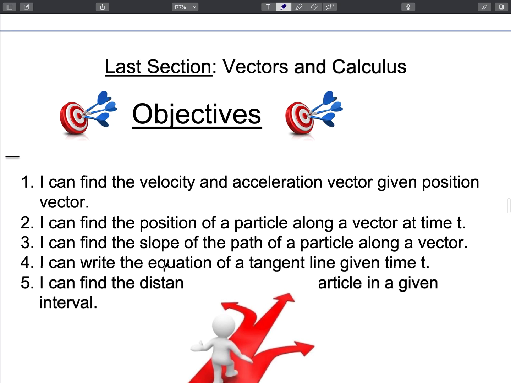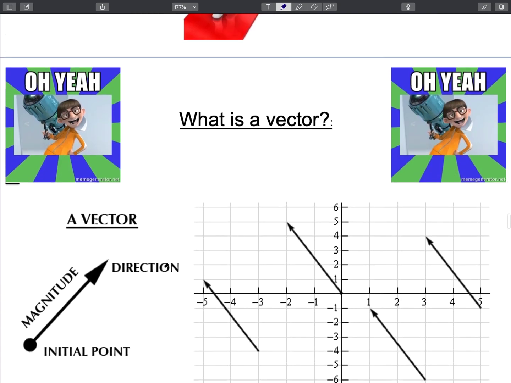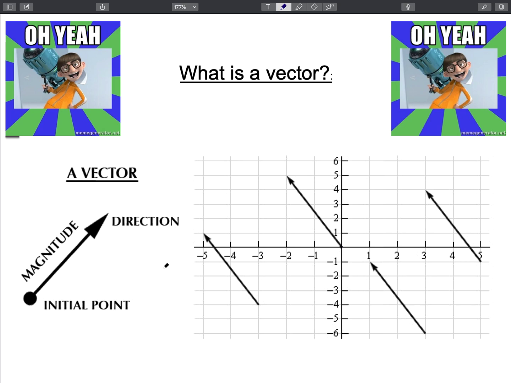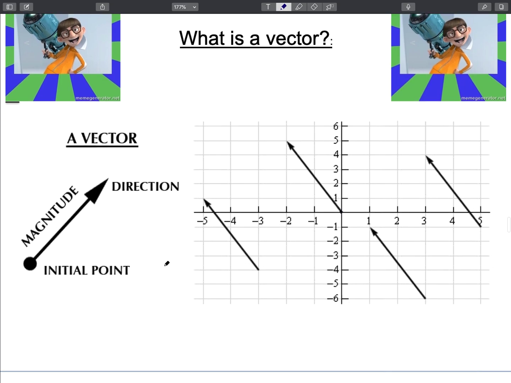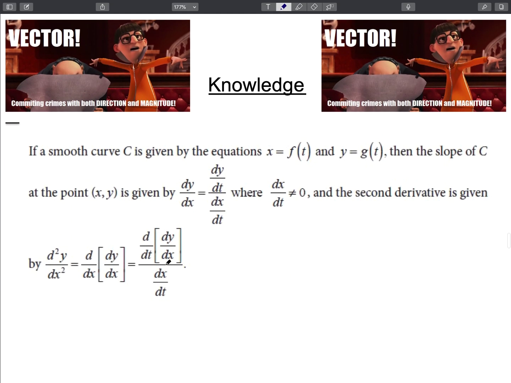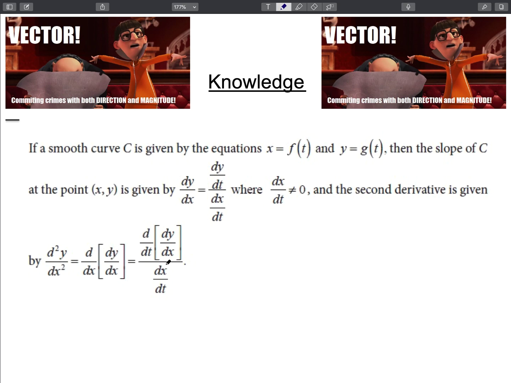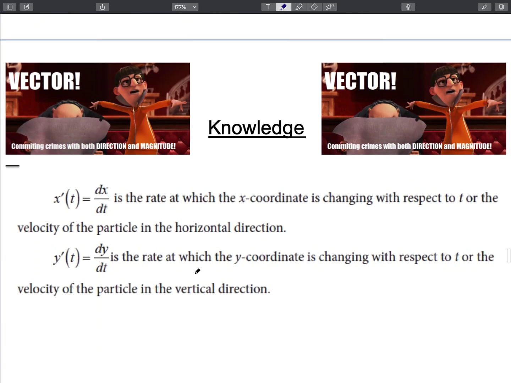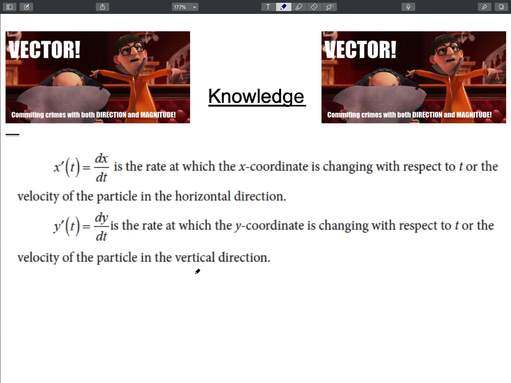Okie dokie. So then the last section, we're still talking vectors and calculus. We talked about what is a vector. We know a vector has magnitude and it has direction. The magnitude will tell you how far to go, and the direction will tell you which way to go. We did say that it was very similar to what we know about parametric. To find dy/dx, take dy/dt and divide it by dx/dt, and that will give you the derivative. We do know the second derivative. You'd find it like normal and then divide by the original dx/dt, just like we did in parametric. We know that dx/dt is the rate at which the x-coordinate is changing,